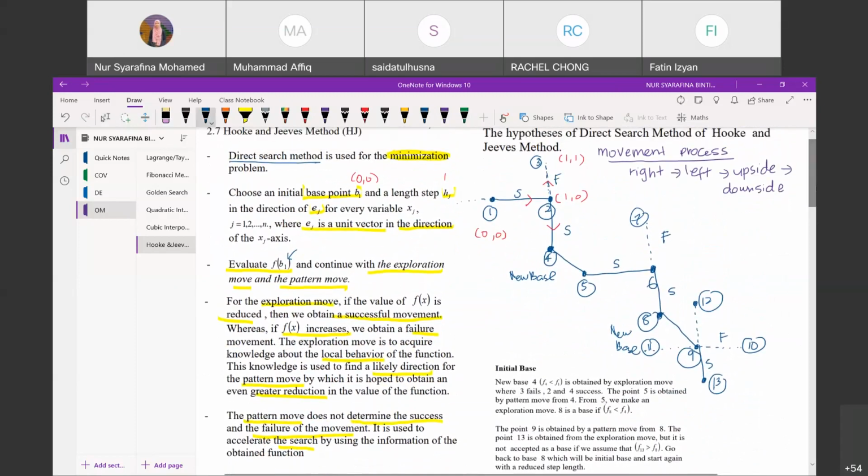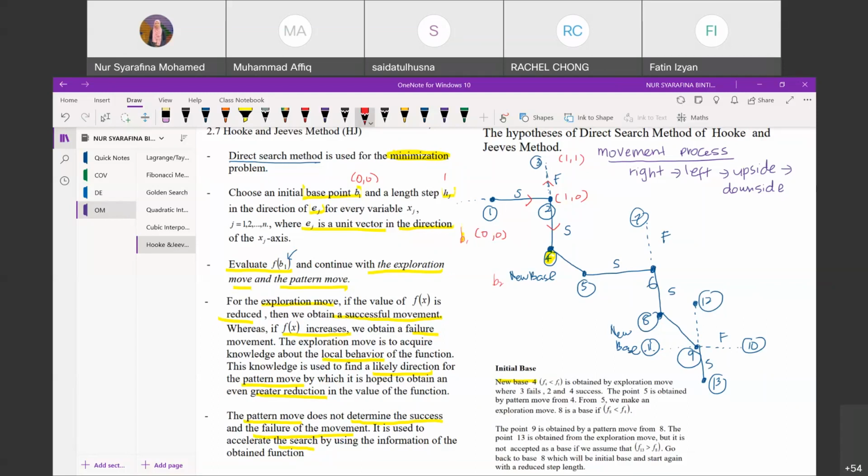The new base 4 here is obtained when f4 is less than f1. So this is your b1, this is your b2. Your new base 4 is obtained when f4 is less than f1 by exploration move, where 3 fails, 2 succeeds,